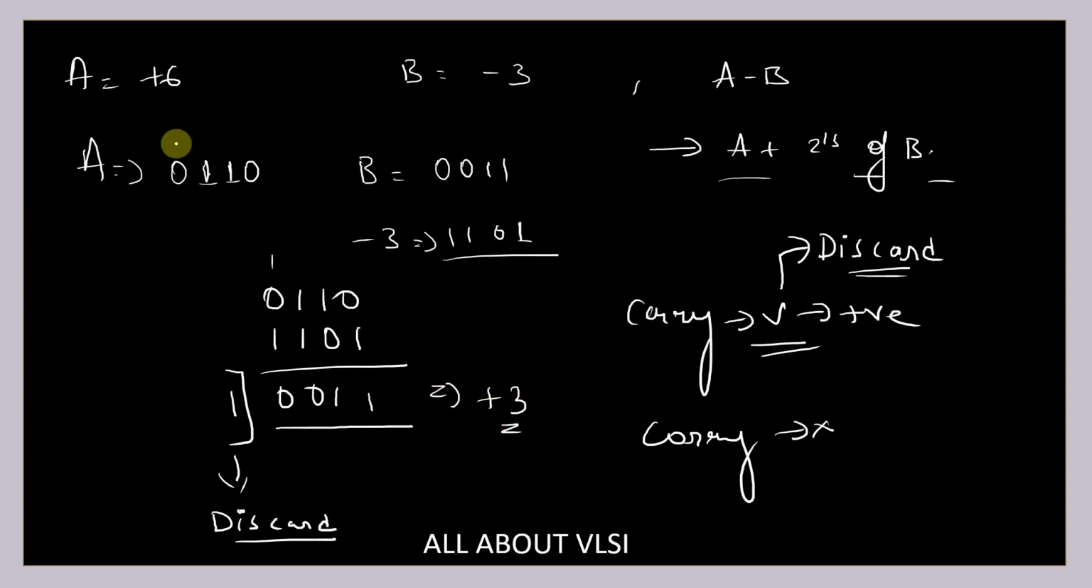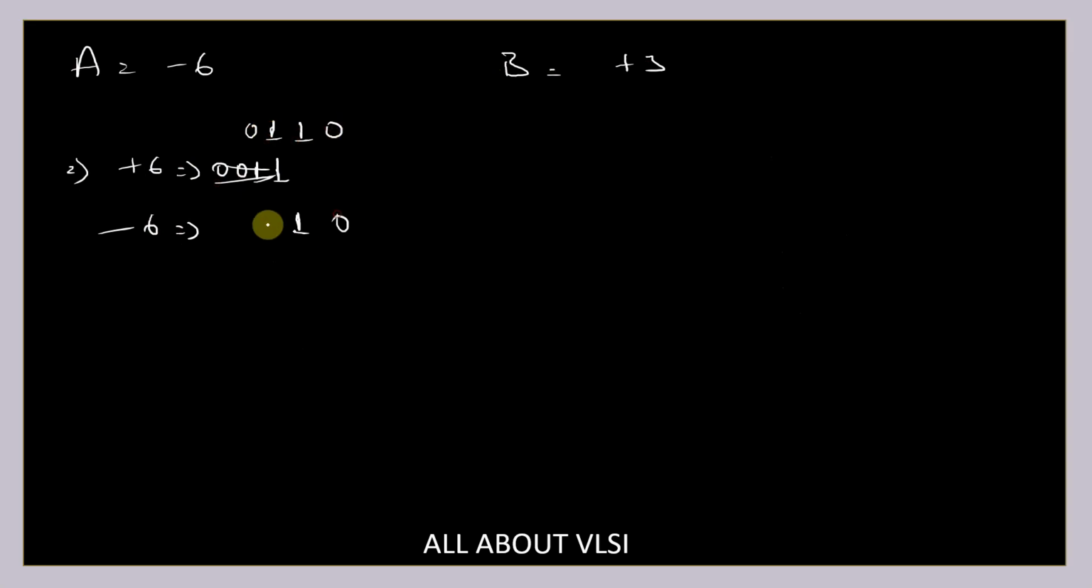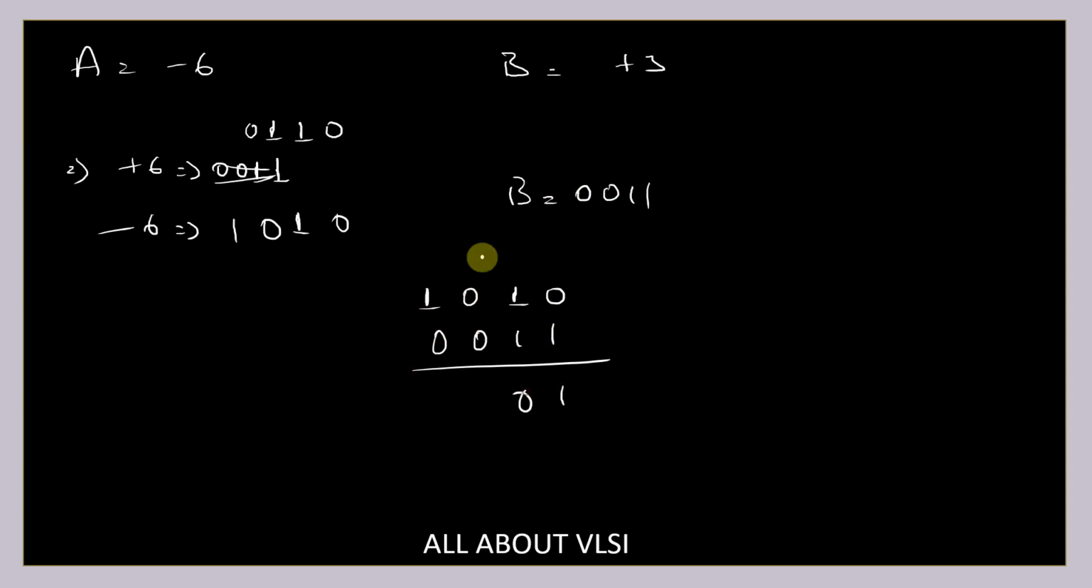Okay. Now let's reverse it. Let's say A is equal to minus 6 and B is equal to plus 3. Okay. So plus 6 is nothing but 0, 1, 1, 0, and minus 6 in 2's complement is 1, 0, 1, 0, and B is equal to 0, 0, 1, 1. So if I add 1, 0, 1, 0 and 0, 0, 1, 1,